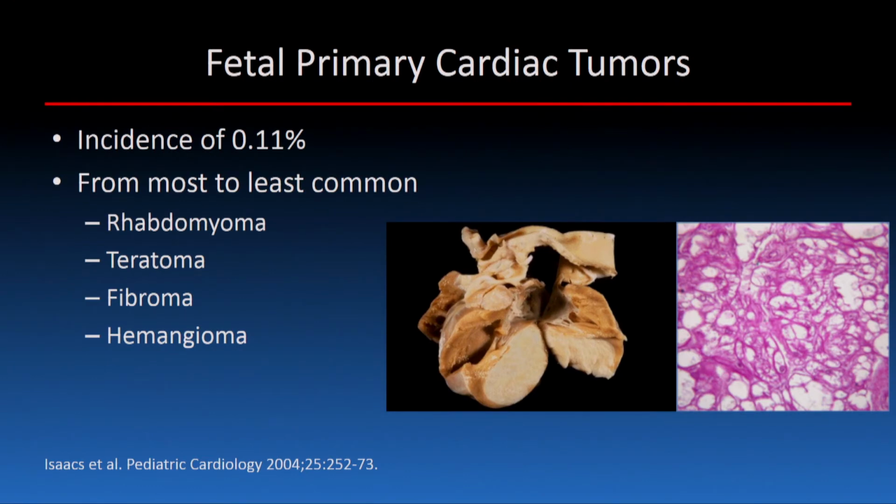So final lesion that we're going to talk about are primary cardiac tumors. They account for 0.1% incidence in utero, and from most to least common, rhabdomyomas, teratomas, fibromas, and meningiomas. And here's just a postmortem exam of rhabdomyoma in the ventricular septal wall. Here's another one up here, in the free wall, and then in the ventricular septum,